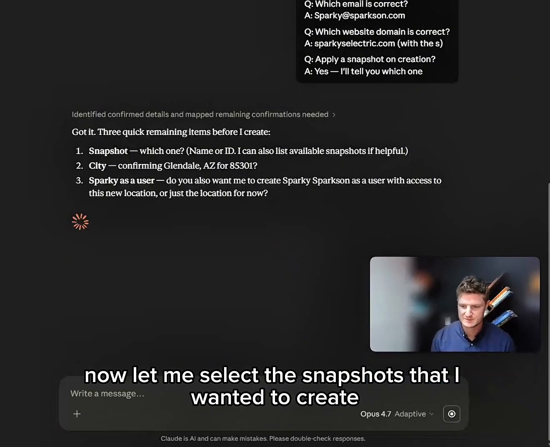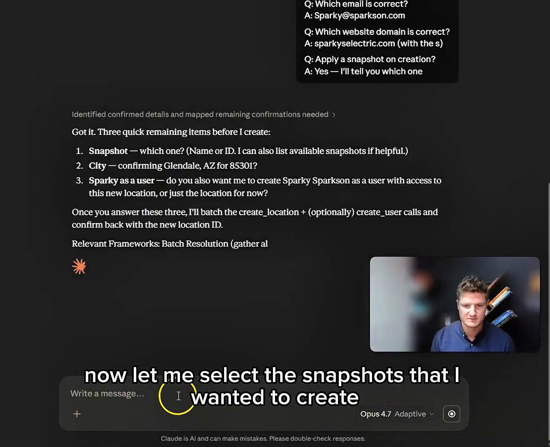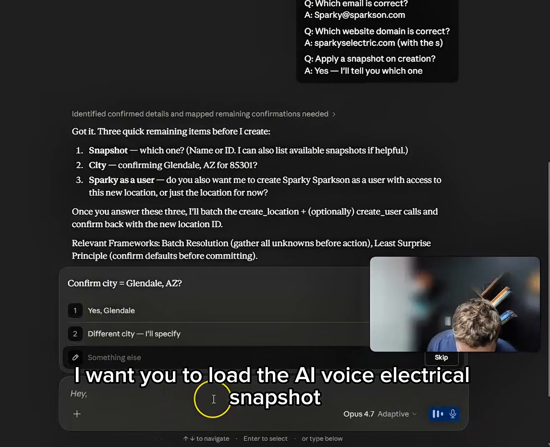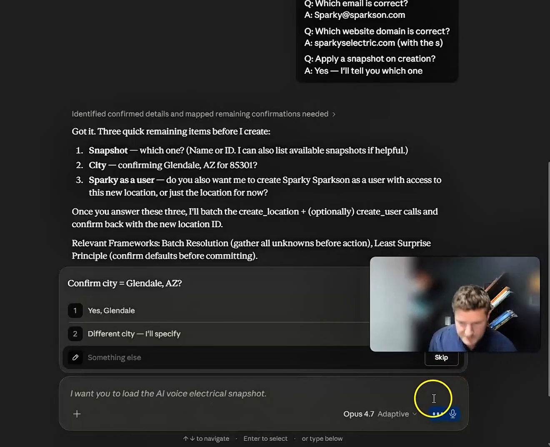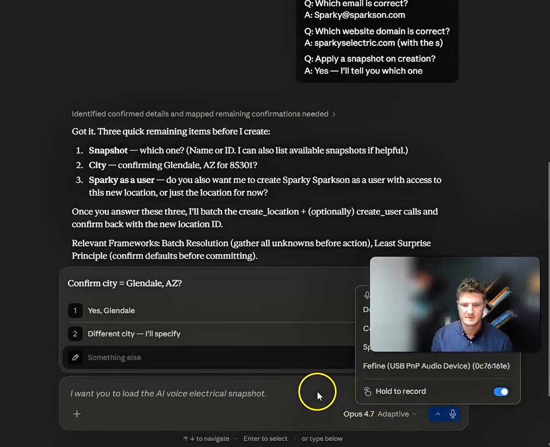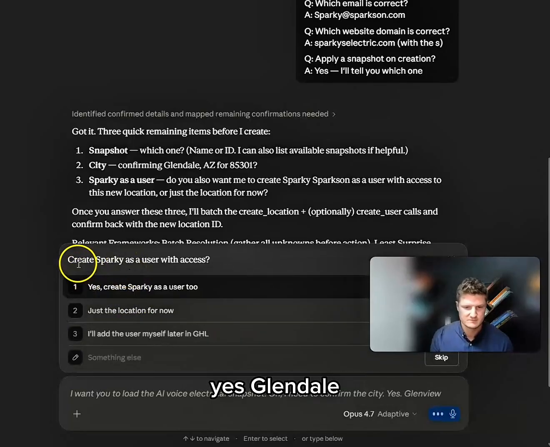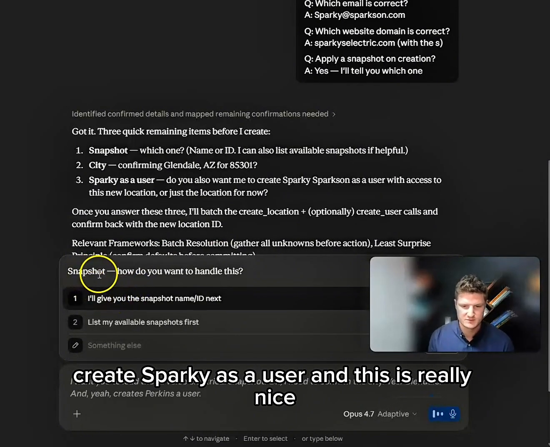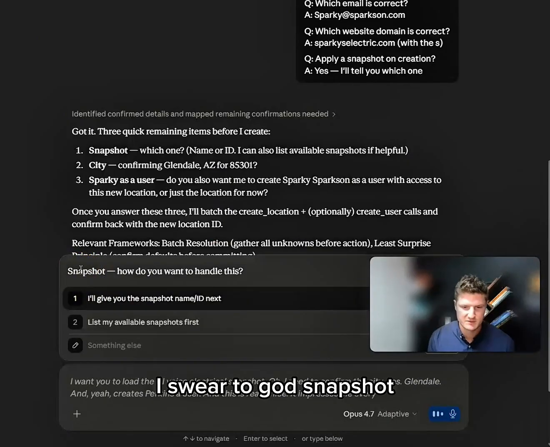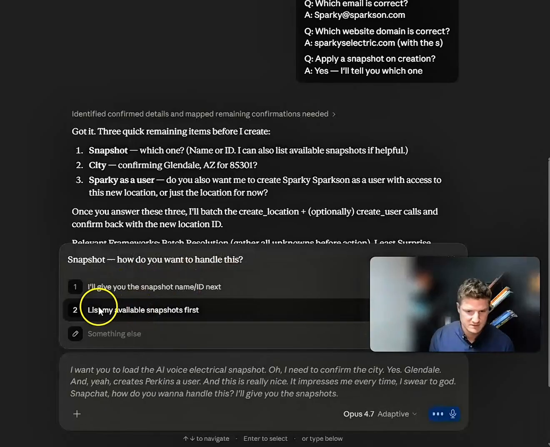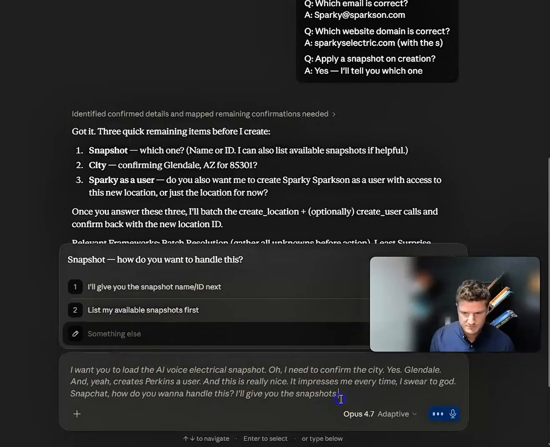Now let me fill out the snapshots that I want it to create. I want you to load the AI voice electrical snapshot. Oh, and then I confirm the city. Yes, Glendale. And yeah, create Sparky as a user. Man, this is really nice. It impresses me every time, I swear to God. Snapshot, how do you want to handle this? I'll give you the snapshots. And